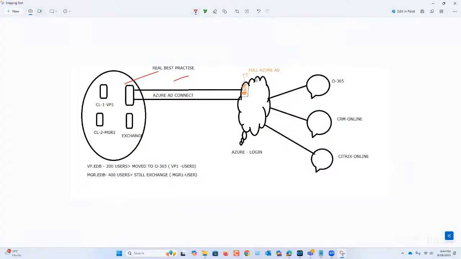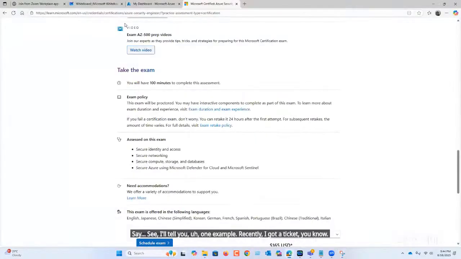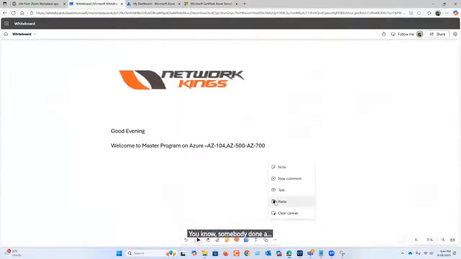I'll tell you one example. Recently, I got a ticket. Somebody made a login attempt to one of the applications when the IT manager was on leave. So that's one ticket that came to me 2 days back.